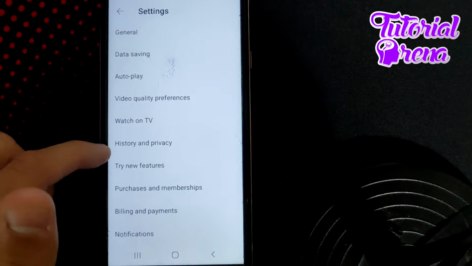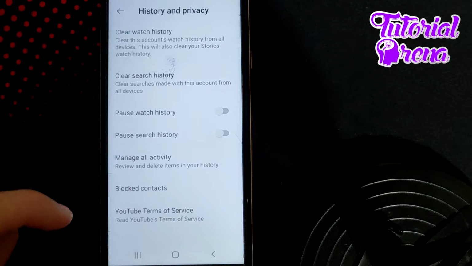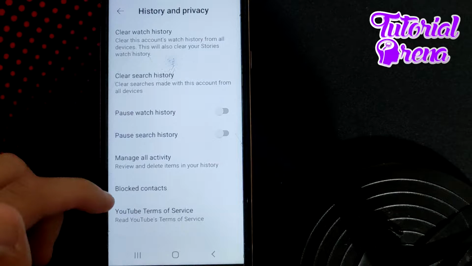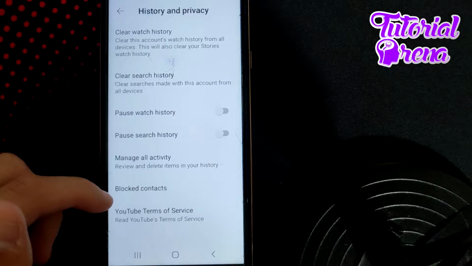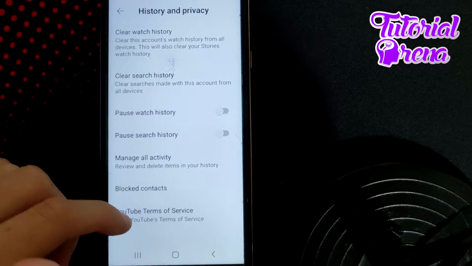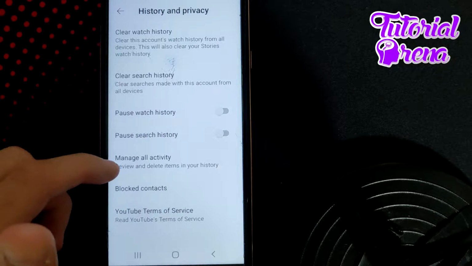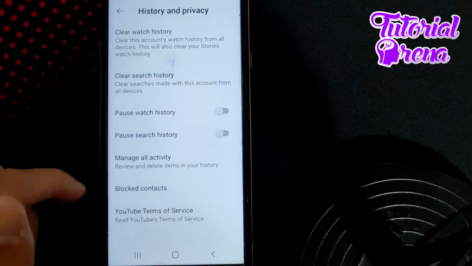You need to go to the 7th place, which is history and privacy. Just tap on it, and right from here, as you can see, you have many options related to YouTube history on your right section. As you go there, simply go to manage all activity, and you're going to open up